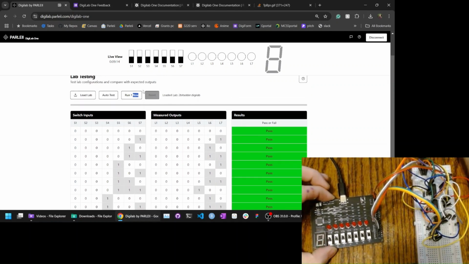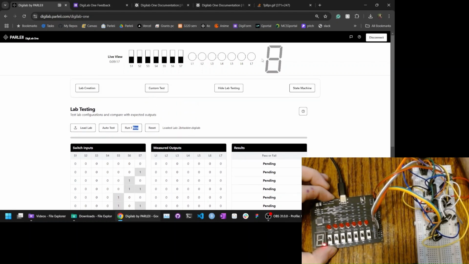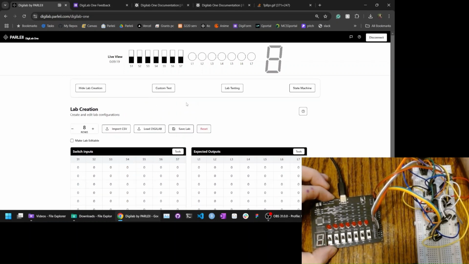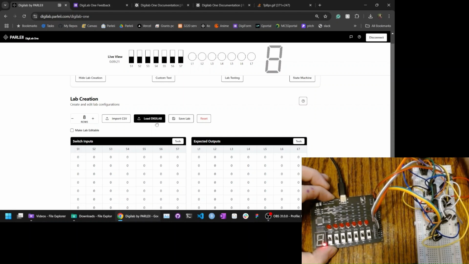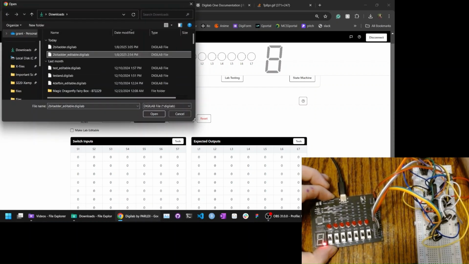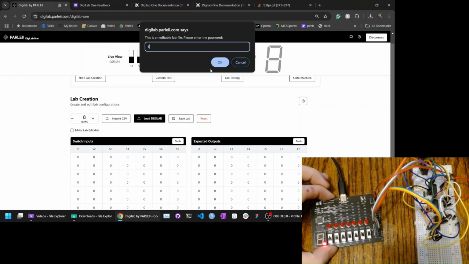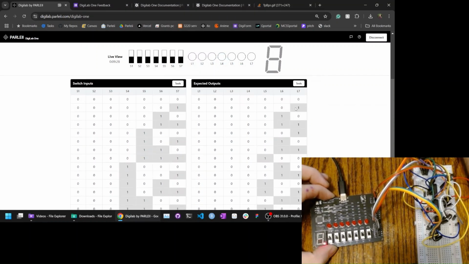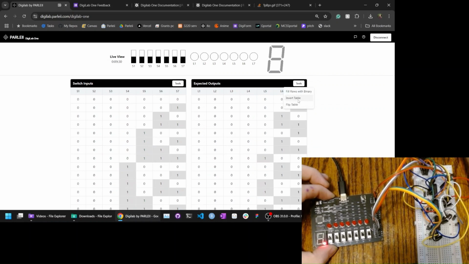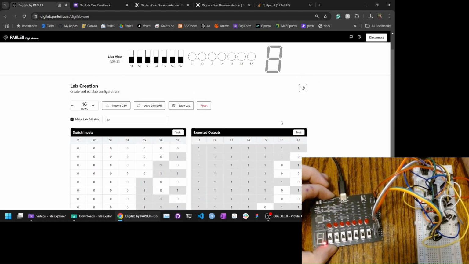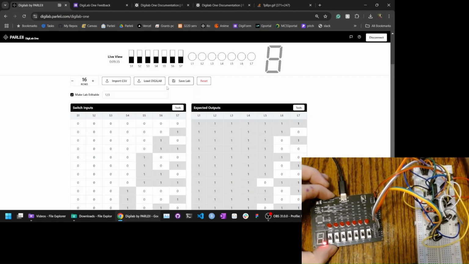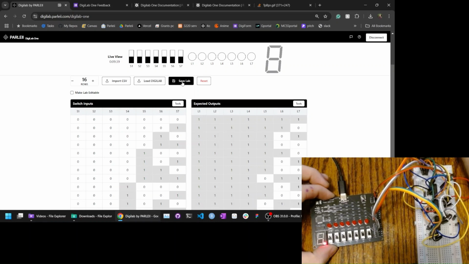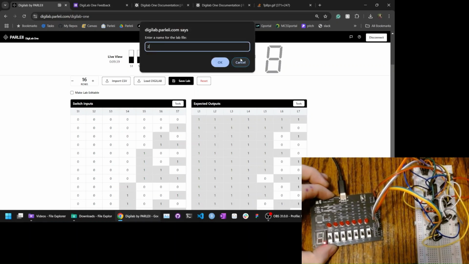So a couple notes about this. Anytime you get a fail, it'll showcase that on the truth table. So let's go ahead and load that editable adder file we made. Input our password. So let's go ahead and let's just invert the expected outputs. This is going to completely make the test fail, but I would just like to showcase what that looks like. So let's save the lab file again, and we'll do 2-bit adder fail,